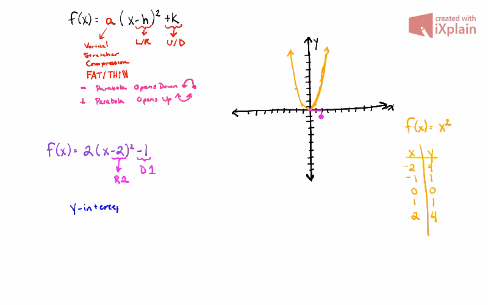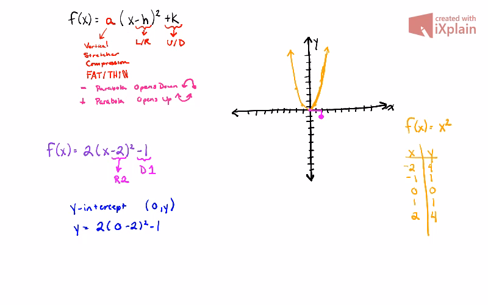Let's bring it back to something familiar. Your y-intercept would have a coordinate point where your x value is always 0 and your y value will depend on what happens when you plug 0 into the function. So if we replace every x that we see with a 0,